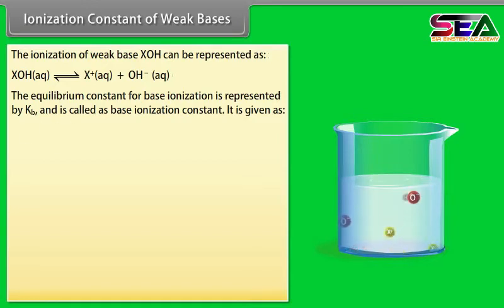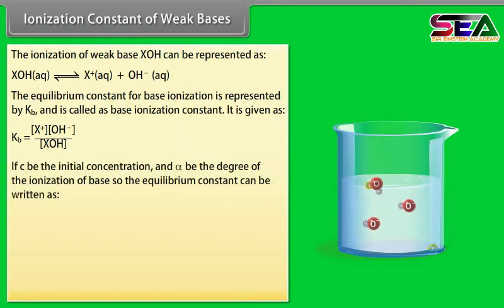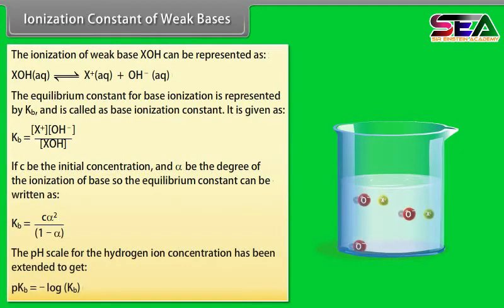It is given as: if C be the initial concentration and alpha be the degree of ionization of the base, so the equilibrium constant can be written as Kb is equal to C alpha square by 1 minus alpha. The pH scale for the hydrogen ion concentration has been extended to get